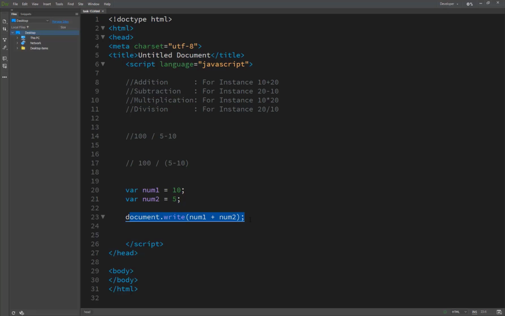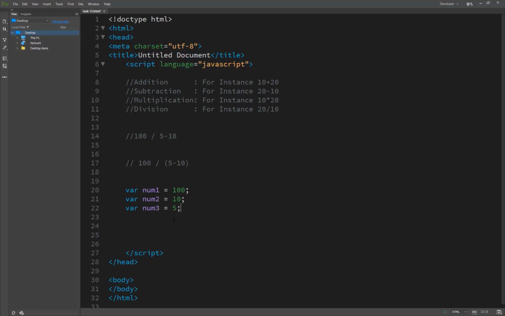And if we see another example, we write here 100, 5, 10, and creating variable number3 with 5.